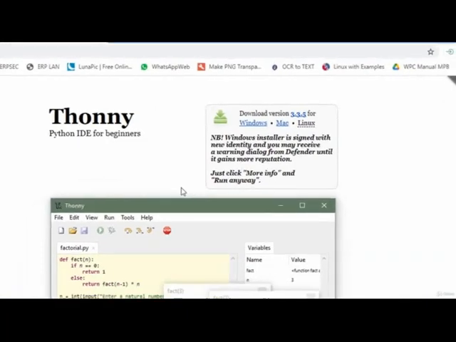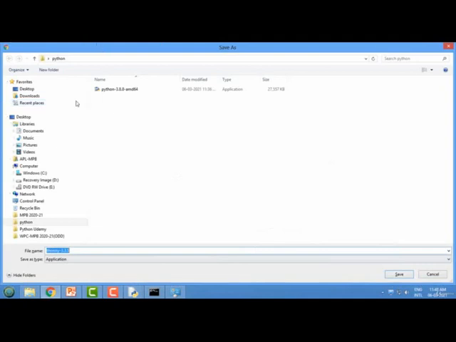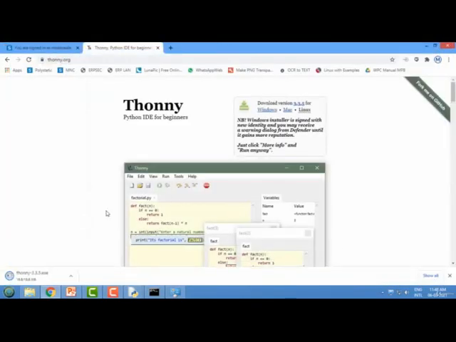So you can go for Windows. Now save this setup, Thonny 3.3.5. After downloading this setup, you have to open it to install this editor.